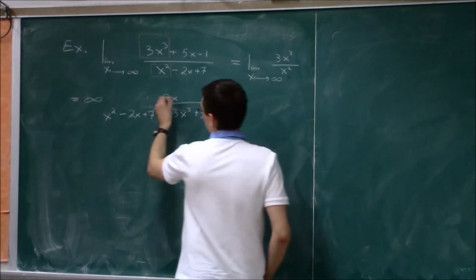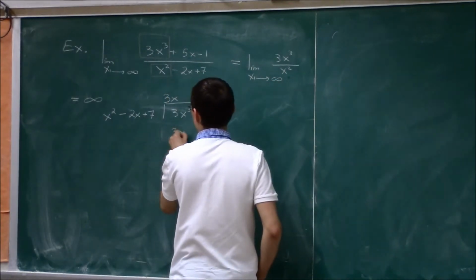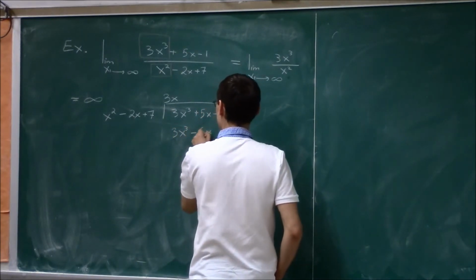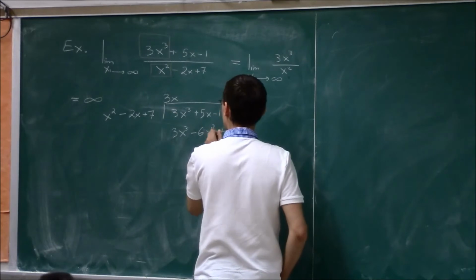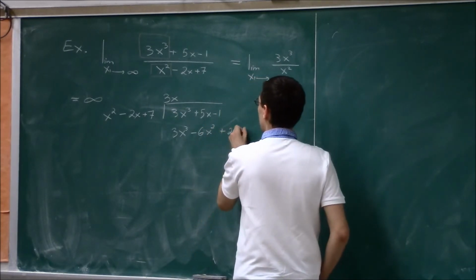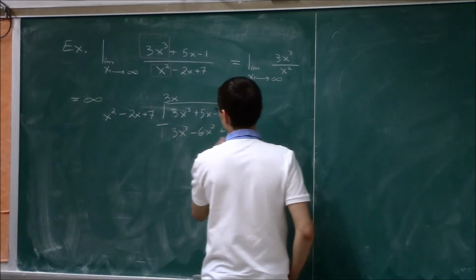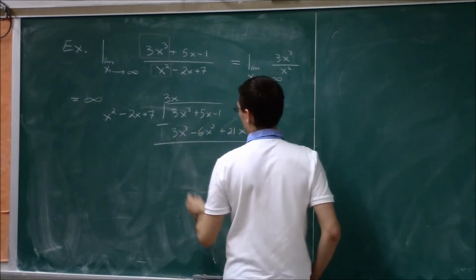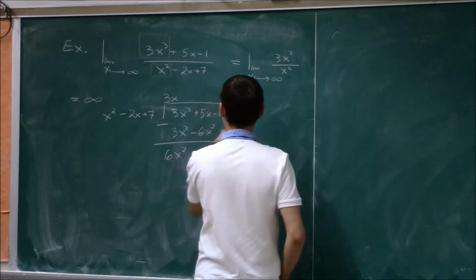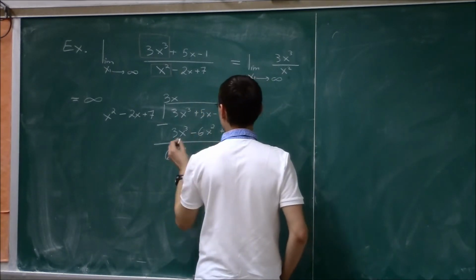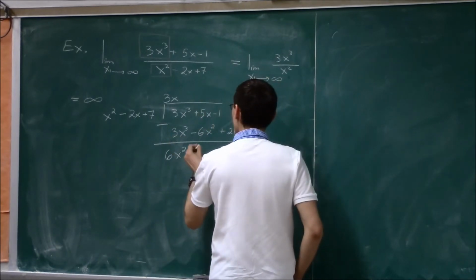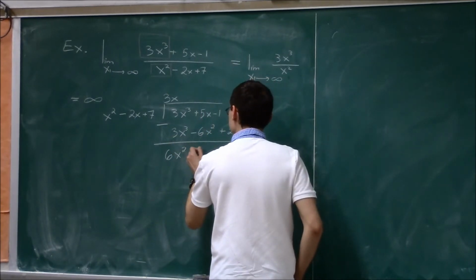So then 3x times that will be 3x cubed minus 6x squared plus 21x. Then I subtract. Now what I get is 6x squared. 5 minus 21 is going to be minus